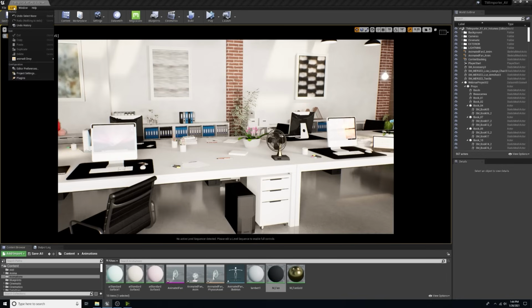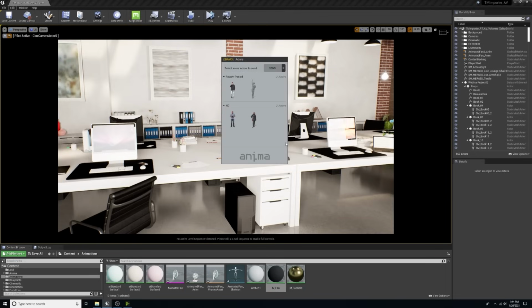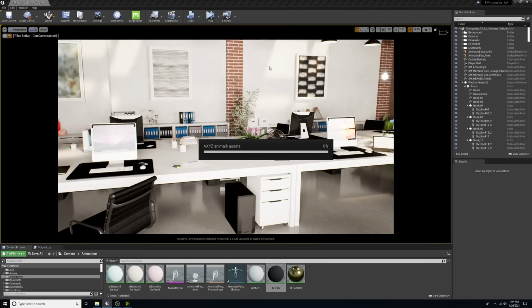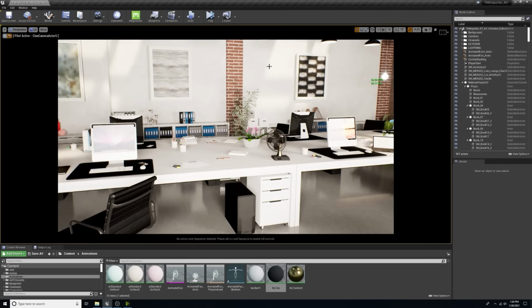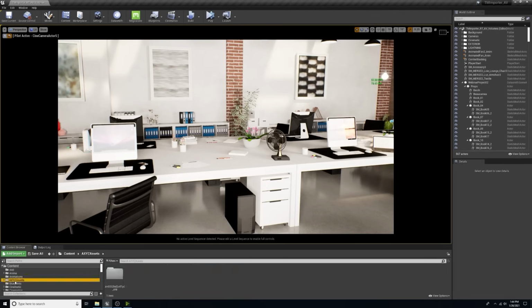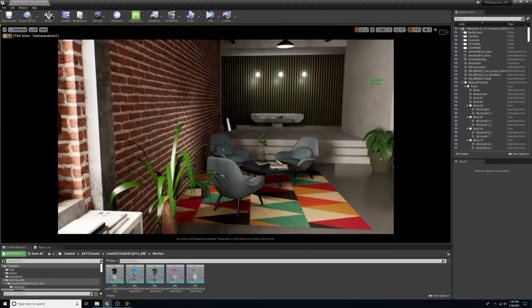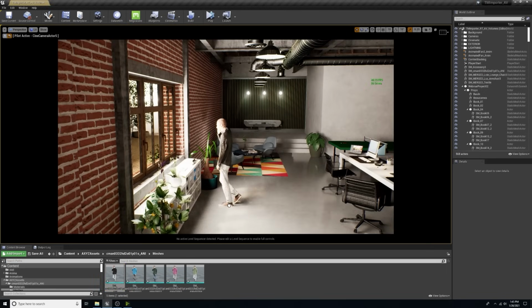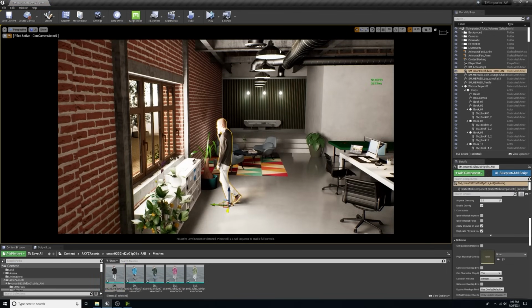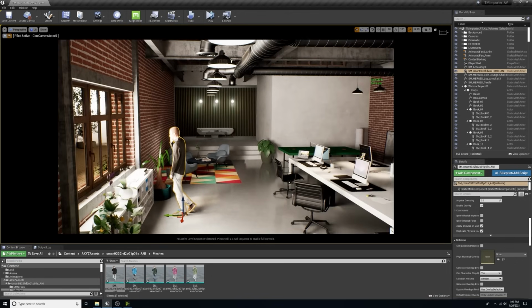You can also go to Edit, Anima Drop, and open up the Anima gallery. You'll see that I have a few characters here. These are ones that are tied to my Anima account. I'll select the ready pose and hit send. And this is going to place the characters in the bottom left under the content browser. It's going to be this AXYZ assets. I'm going to click on this folder and navigate to the meshes. So I can drag and drop this person in, and this is going to be a quick and easy way to get a scale figure inside.